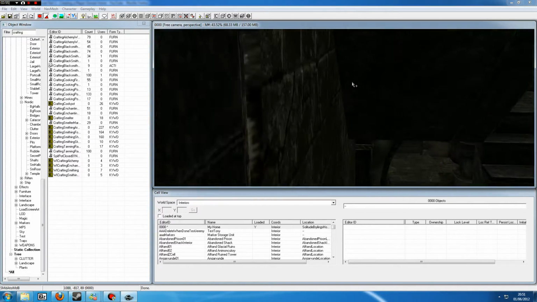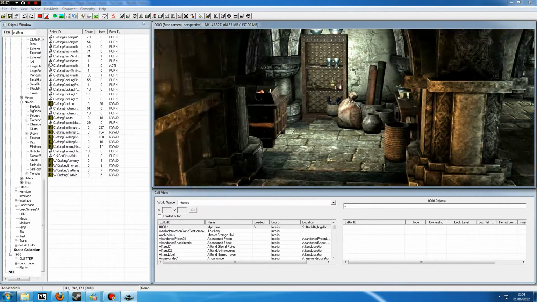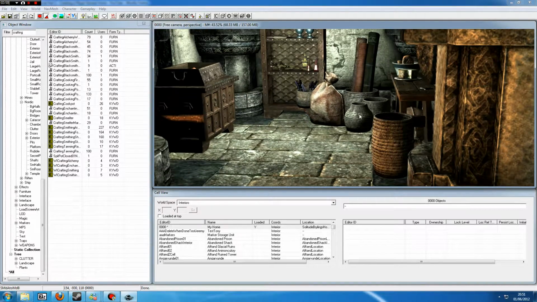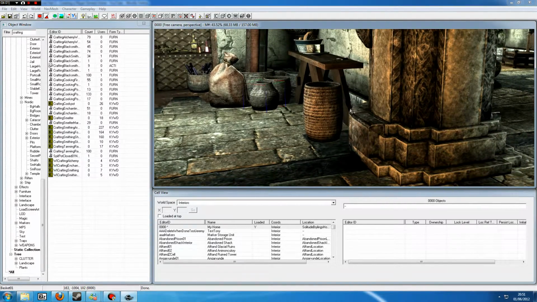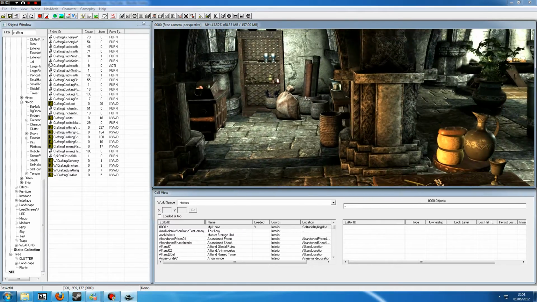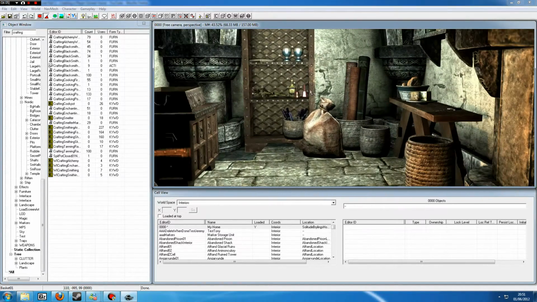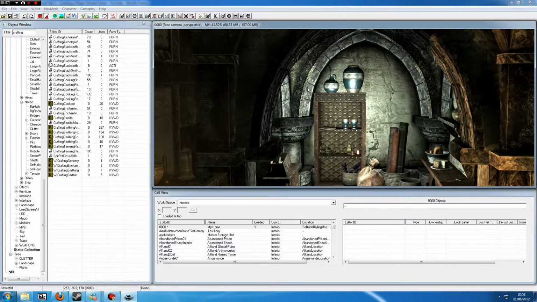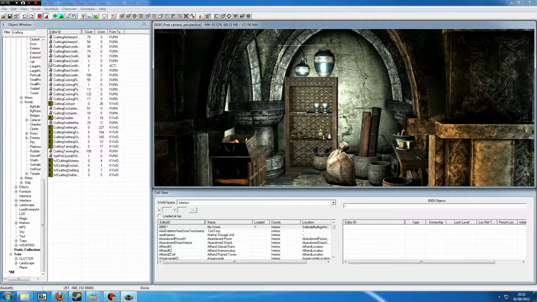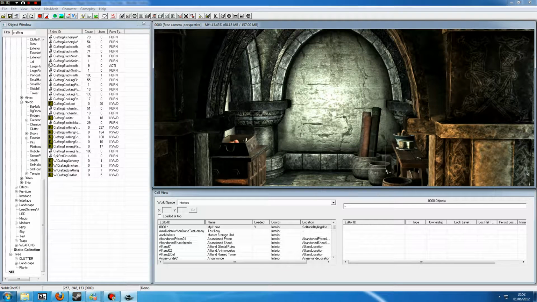Now, I'm going to go over the very basics of decorating the house. You want to delete an item, like I say, left click, click delete. If we want to put an alchemy station down here, for example, we want to clear out the things in this corner. The quickest way, press left click, highlight, and there you go, it's highlighted all these items. Press delete, left click, press delete, and there we go. So we can clear out this corner pretty quick, and this is where we're going to put our crafting alchemy